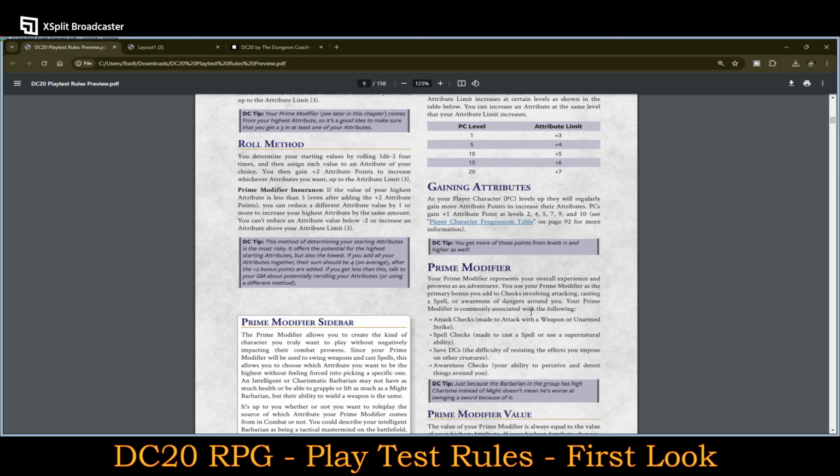Your prime modifier represents your overall experience, prowess as an adventurer. You use your prime modifier as the primary bonus you add to checks involving attacking, casting a spell, or awareness of dangers around you. Your prime modifier is commonly associated with the following: